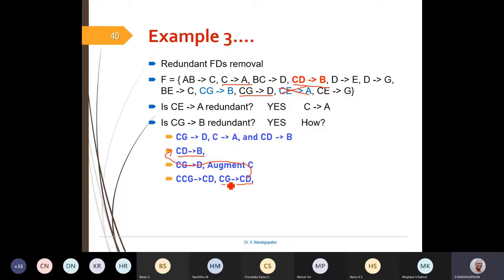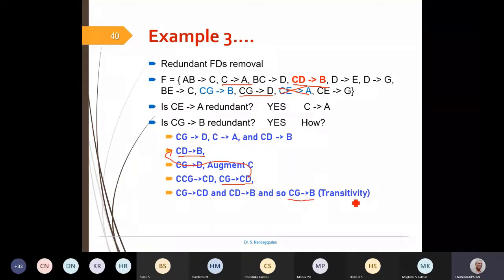That means CG determines CD, CD in turn determines B, which means CG can determine B. That's because of transitivity. So CG arrow B can be derived from these three FDs. We don't require this, so this also is gone. So I'm left with the remaining ones.